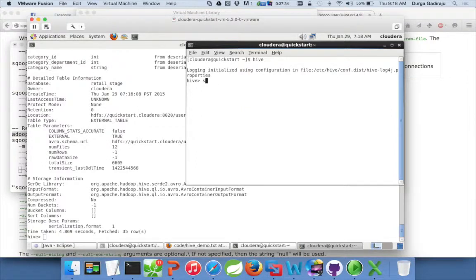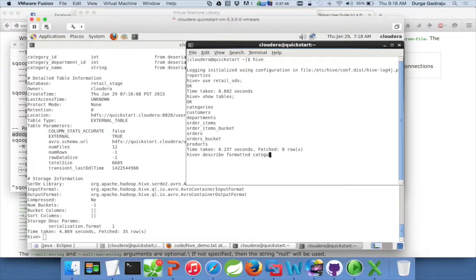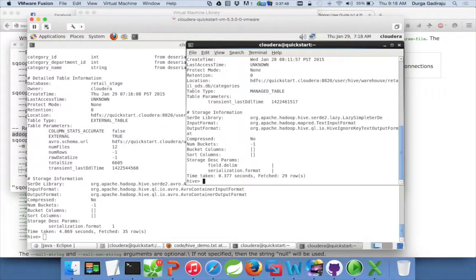So use retail ODS. We have created a bunch of tables under retail ODS. Show tables, and you can describe formatted categories. This is created using the typical way, and when you do not define a SerDe, it will use LazySimpleSerDe by default, and we have specified stored as text file.